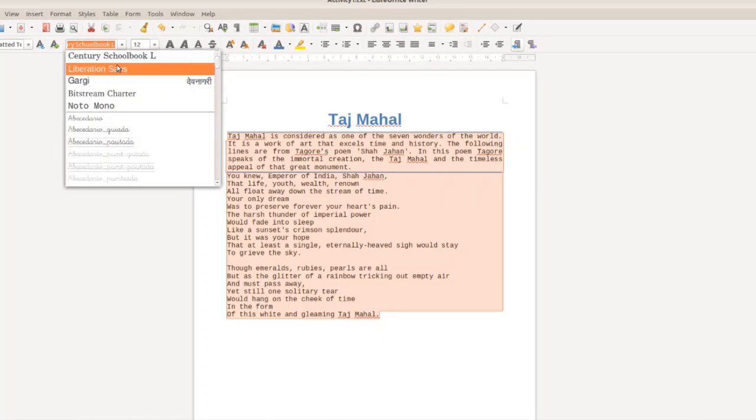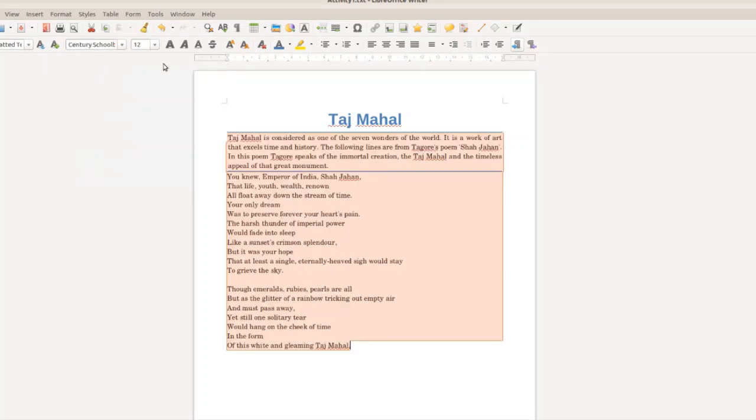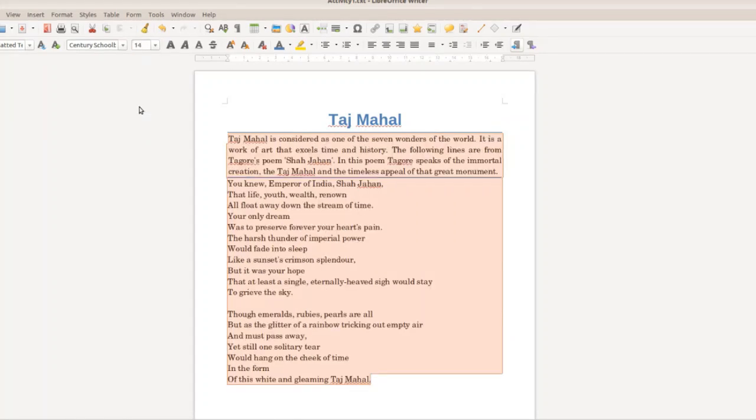I am changing that to Century School Book. And now the second thing, we'll change that to 14 for you to view that. I think 12 is too small, so 14.